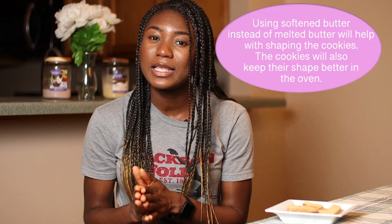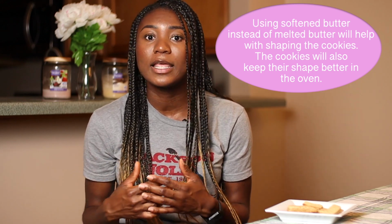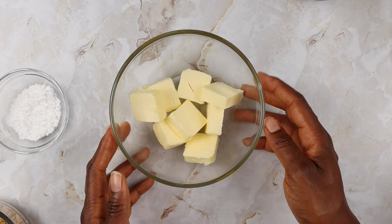This recipe calls for softened butter, and I highly recommend using that instead of using melted butter. So I recommend planning ahead and letting the butter sit in room temperature until it's softened, or you can cut the butter into little cubes and put it in the microwave for about 30 seconds until it's soft, but make